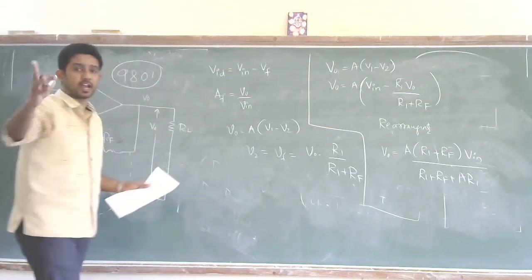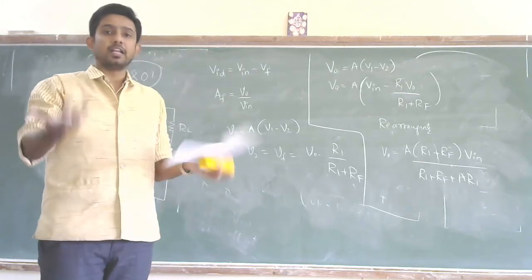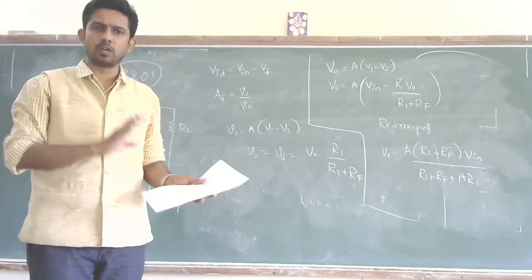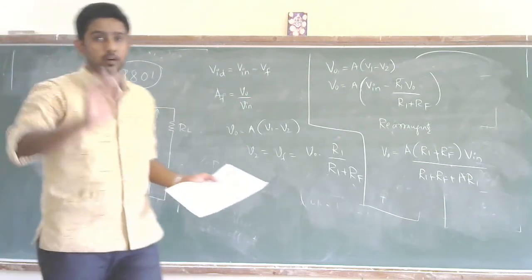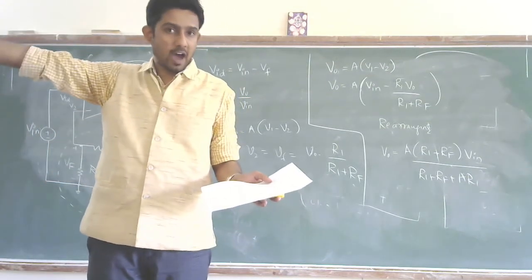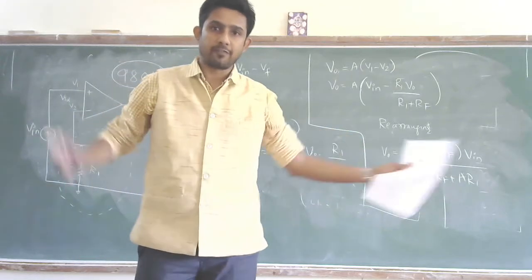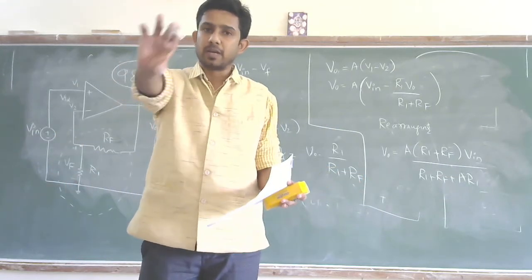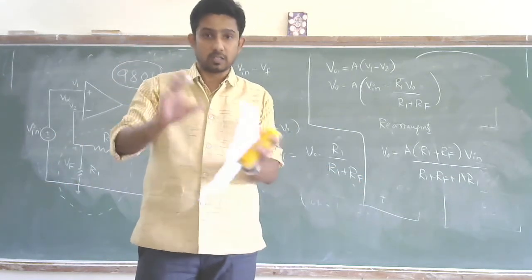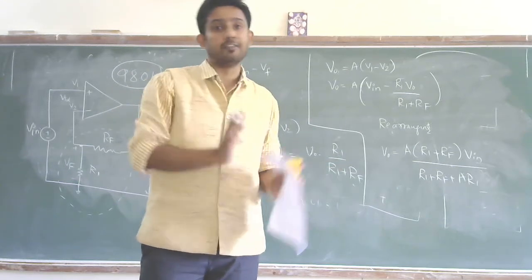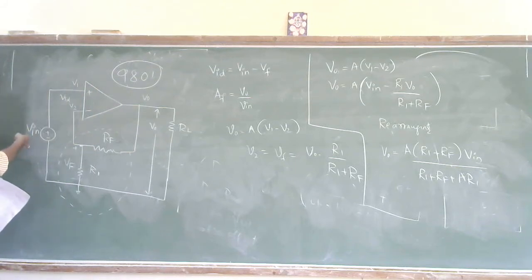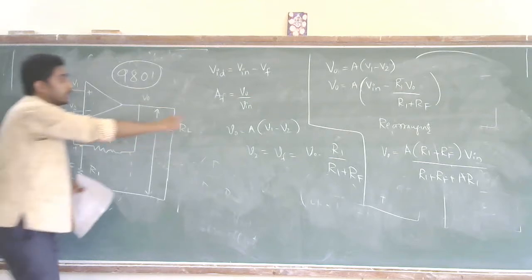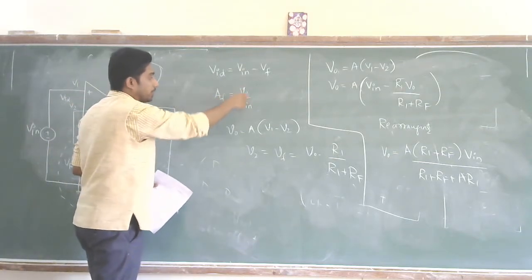And we know the simple gain equation I told you yesterday, output by input. Since this is a feedback network, to calculate gain we take the far end output and the first input. If I do the division, that will be the simple equation of the gain including feedback. So the gain equation AF is equal to V0 by Vin.